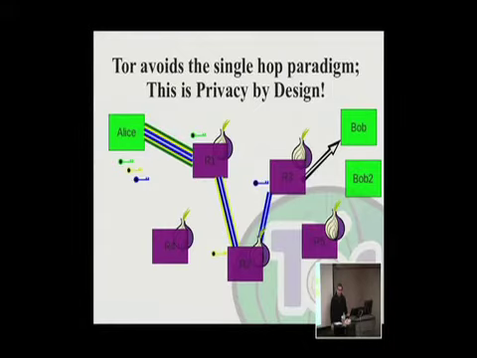For the case of well-known protocols, wouldn't it be possible to insert data into the stream such that you can't do the sort of packet analysis at the end? Could you rephrase that? So for well-known protocols, it should be possible to inject data into the data stream that Tor is transmitting, such that the thing that's going in isn't exactly the same as what is coming out in terms of number of bytes, but it's functionally equivalent.